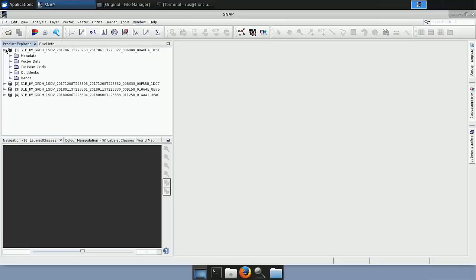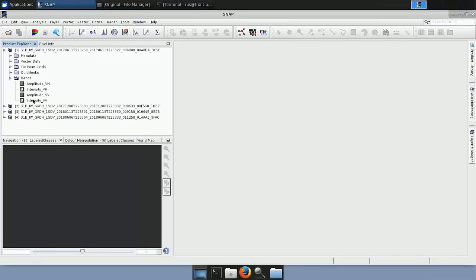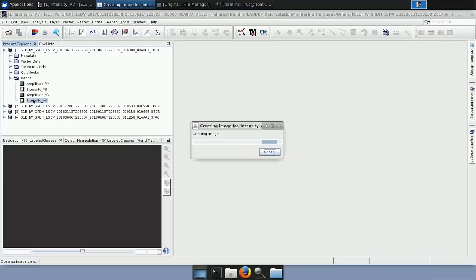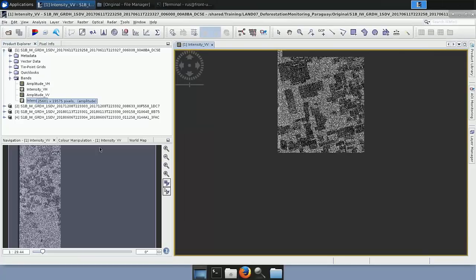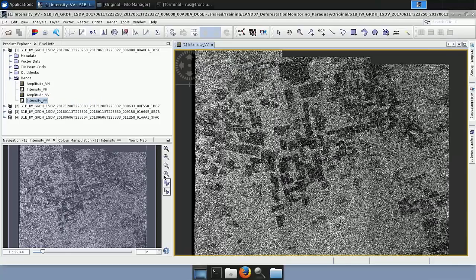I will open the first image from June 11th, 2017, and I will open the intensity VV band. Remember, in the Sentinel products, you don't need to unzip them, so Snap can already read the zip file. And the only real bands that exist in the product are the amplitude bands. The intensity bands are virtual bands, and they are calculated on the fly by the software. So here I have my intensity image,